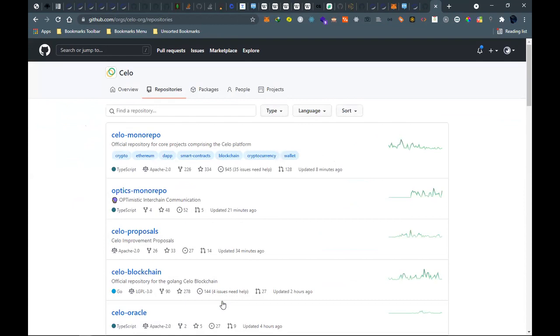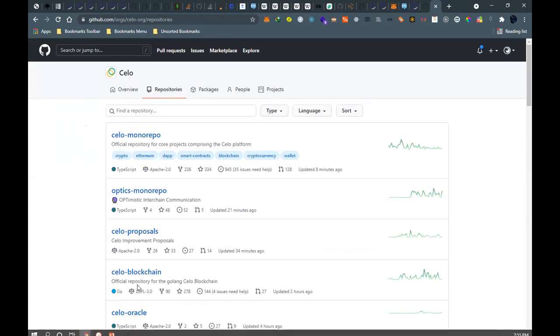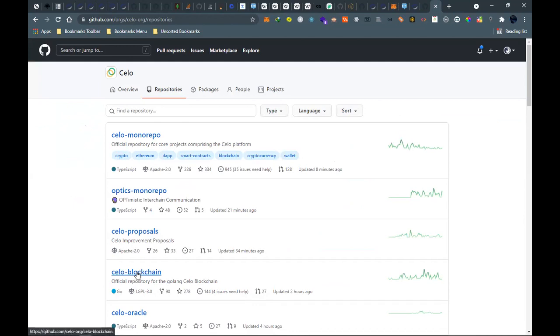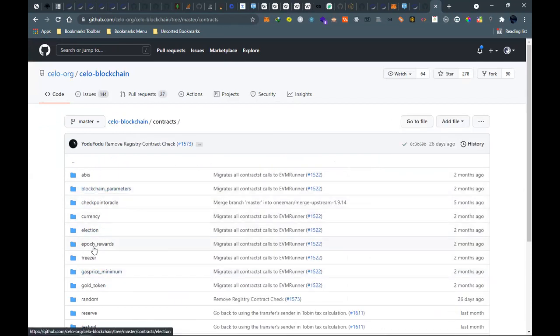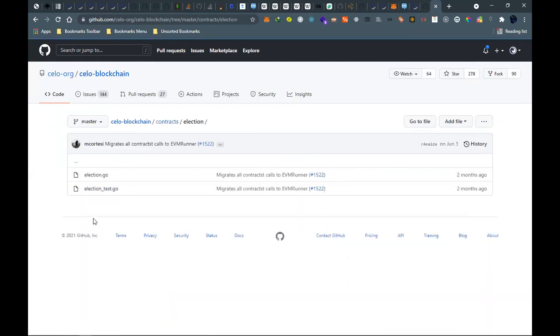But yeah, they have that one for governance. They have the one for elections. The one for elections is normally used when you are doing voting on the blockchain.